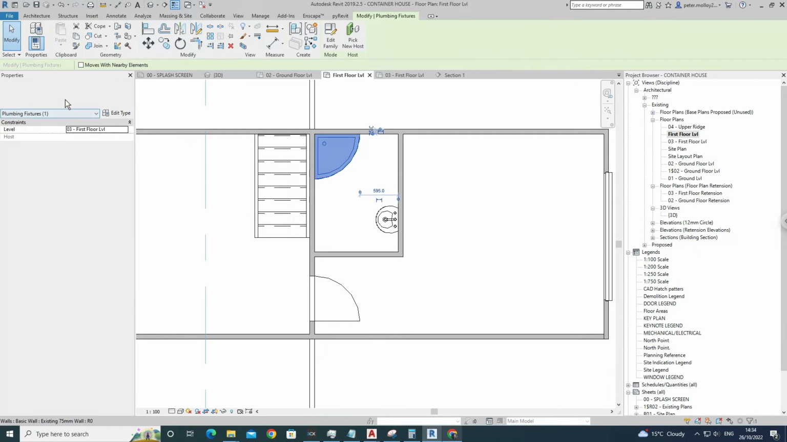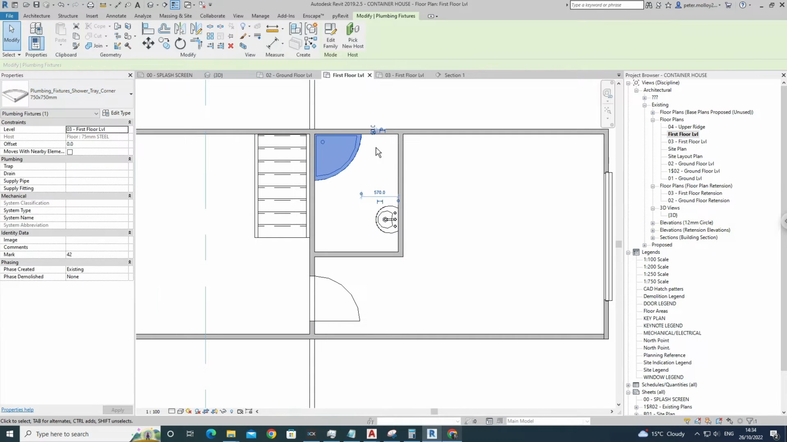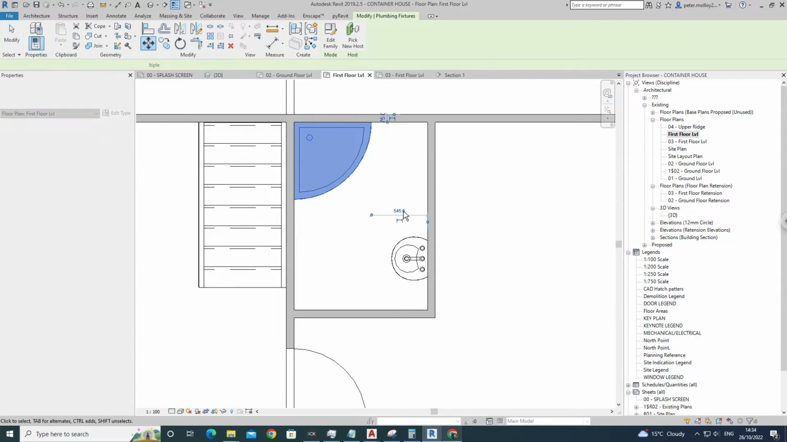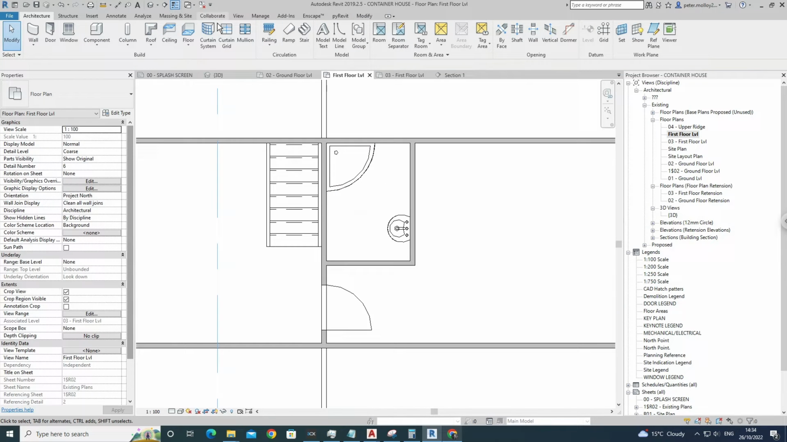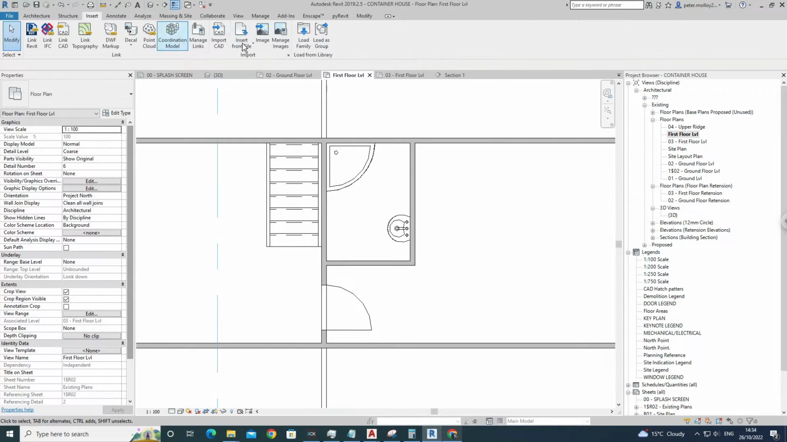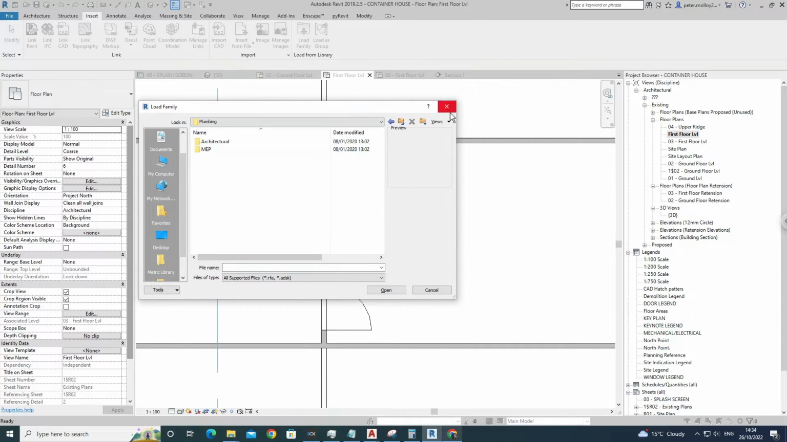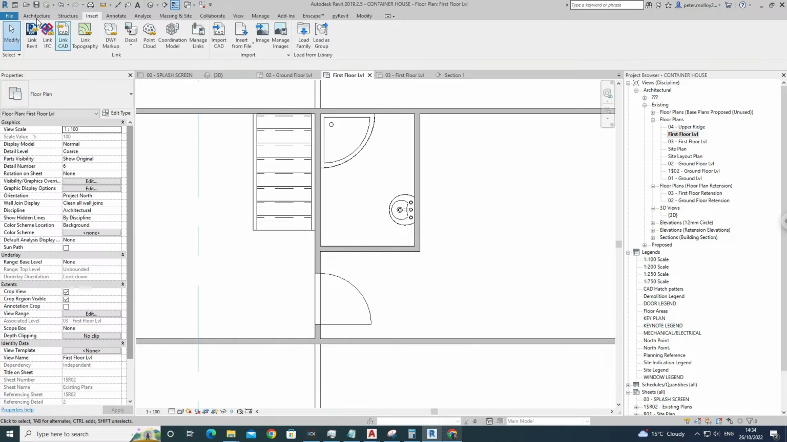Make that a little bit more generous, maybe 750 by 750. And if you want to load in any projects, we'll do that in a second, but you come into Insert, Load Family, which should bring it to the UK family chart, or if you're in the US, potentially that. You come into Plumbing and you get whatever you need and load it in,